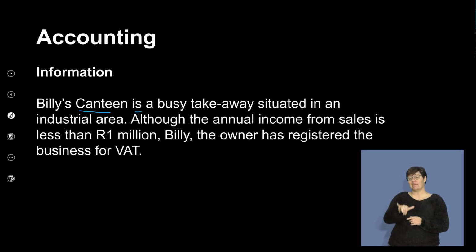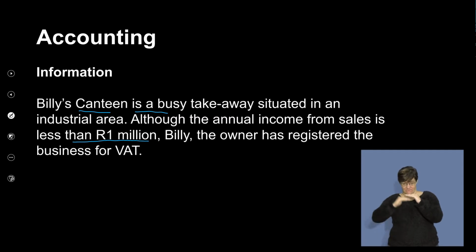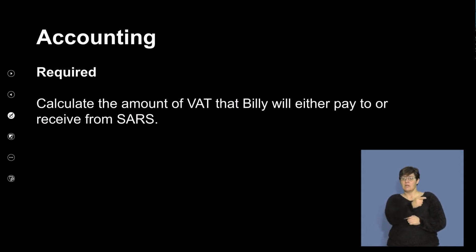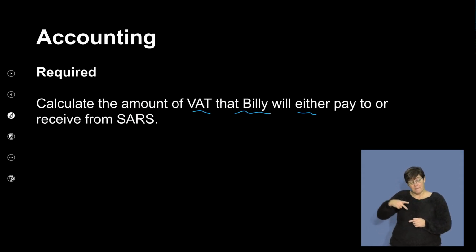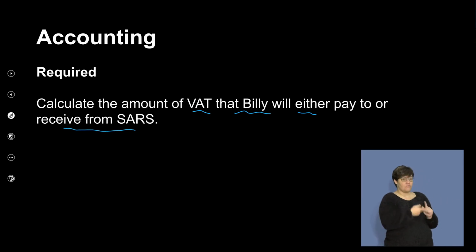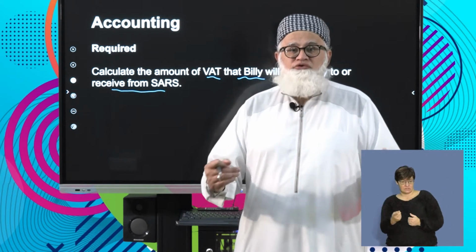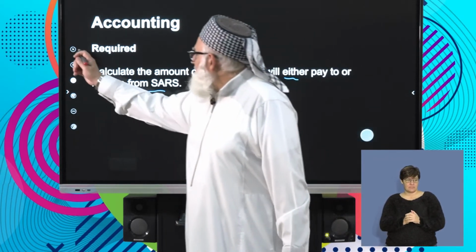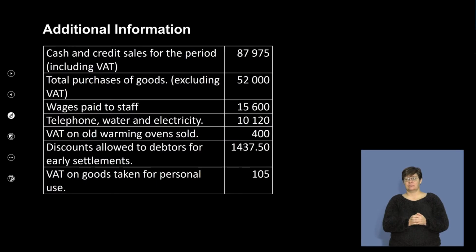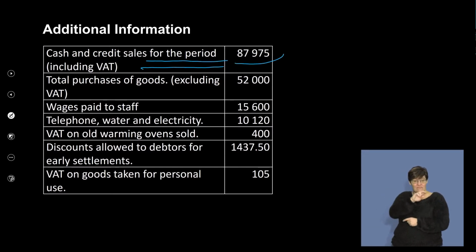Billy's Canteen is a busy takeaway. We've dealt with that. We said that although his turnover is less than R1 million, he's still registered as a VAT vendor. Calculate the amount of VAT that Billy will either pay to or receive from SARS. Right, so you are given transactions now, and you have to actually calculate the VAT amount on those transactions. Let's start off with the first one, where we are told that cash and credit sales for the period, including VAT, amounts to